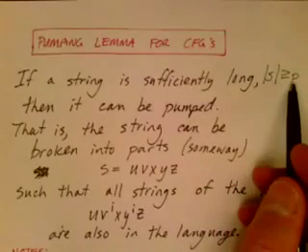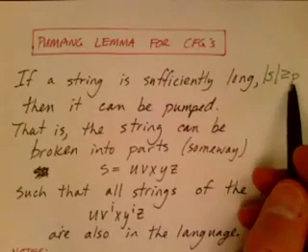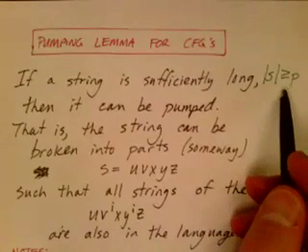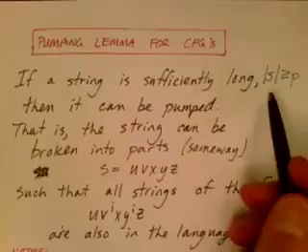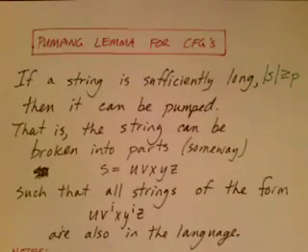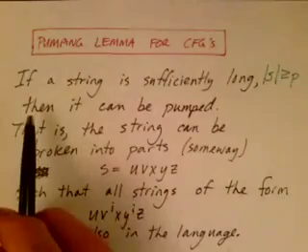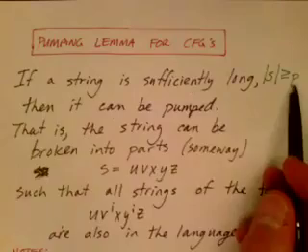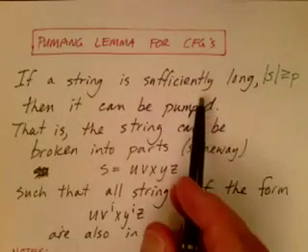longer than or equal to P, we're going to use P as the length called the pumping length, and every context-free language has a characteristic pumping length. We might not know what that length is, but there's a certain size above which any string has to have this property that it can be expanded, like we have seen before with recursion. Okay? So if the language is context-free, then there has to be a P such that for every string that's